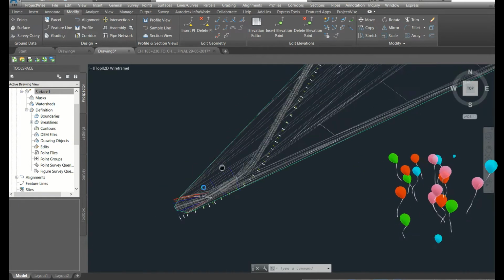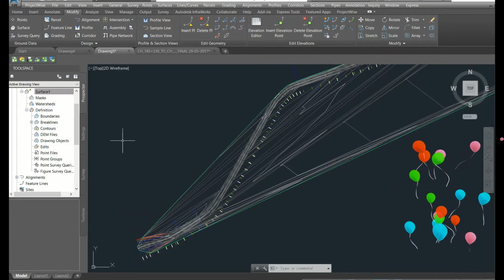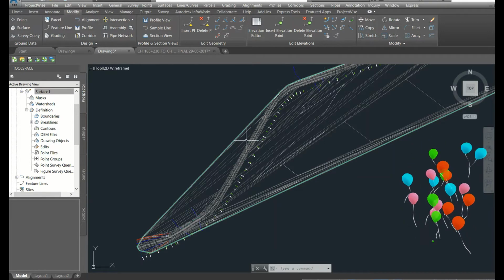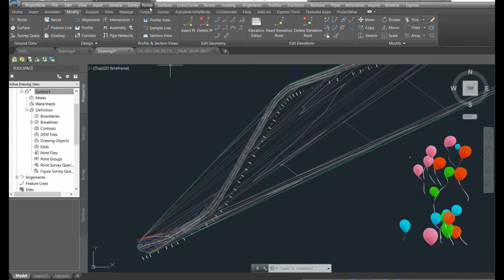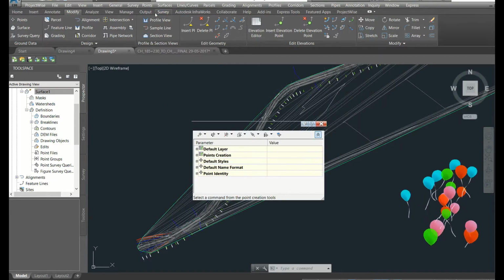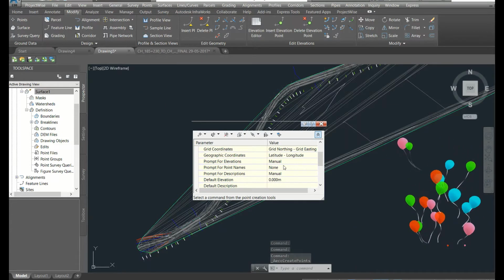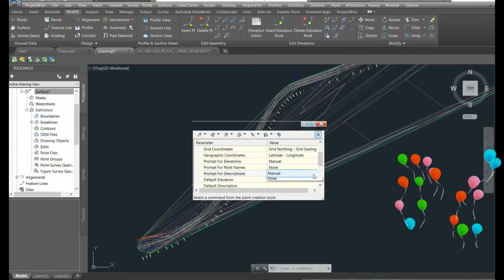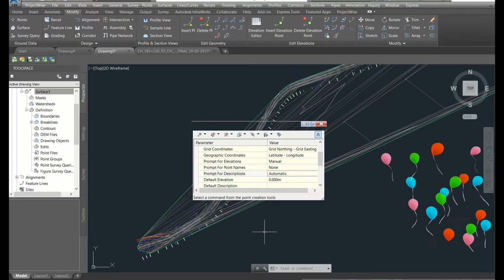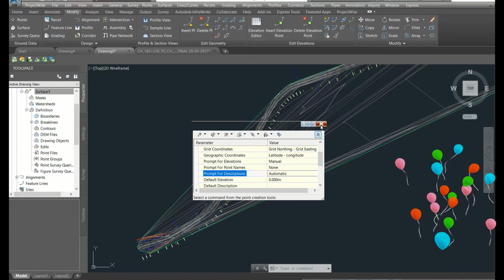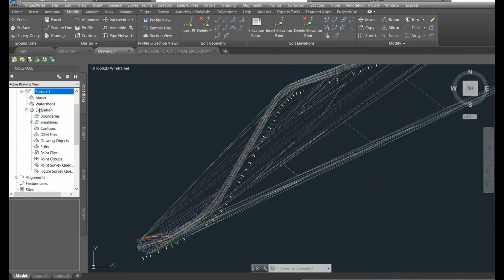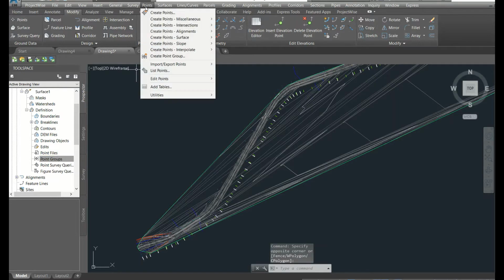First of all, you have to convert these AutoCAD points to Cogo points. So for that you have to go to points, then create points. Here the point creation description should be automatic, otherwise it will ask for every point. So just close it. Now go to points again.